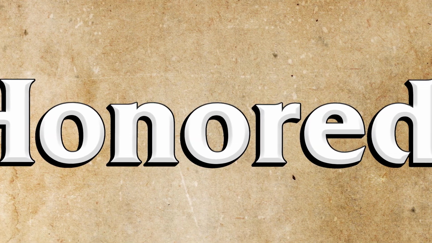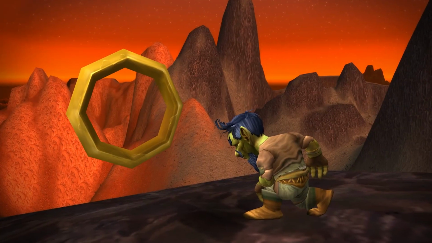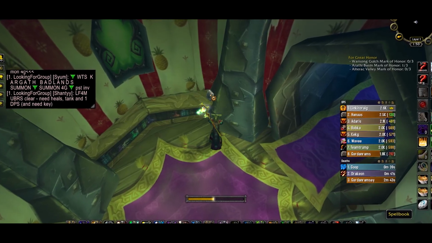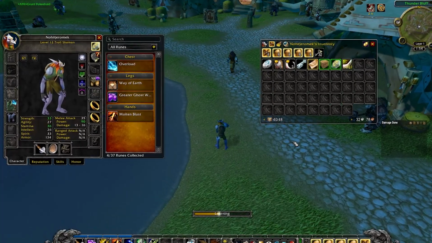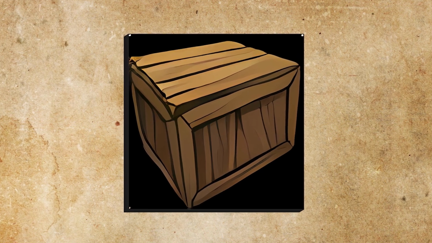At Honored Reputation with your faction's Waylaid Supply NPC, you can buy and mail your level 1 character's rings. Better yet, you can obtain and mail ring runes like 5 MP5, 26 healing power, directly to your level 1s. There are also these really obscure trinkets nobody's talking about from Waylaid Supplies that can really speed up your leveling. The supply expediters you can purchase, these allow you to find significantly more Waylaid supplies out in the world when